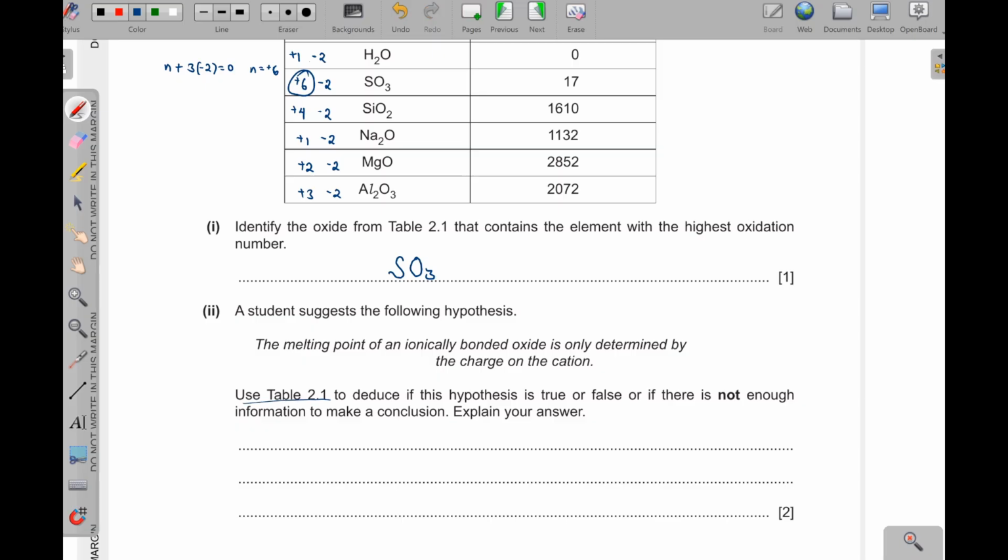So they said use the table 2.1 to deduce if this hypothesis is true or false, or if there is not enough information to make a conclusion. Explain your answer. So I would say false. Why? Because the melting point of aluminium oxide is less than that of magnesium oxide, yet